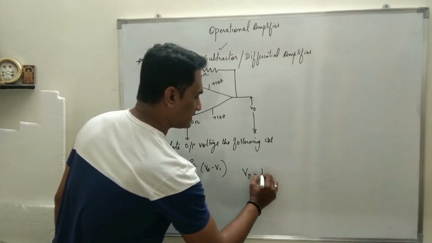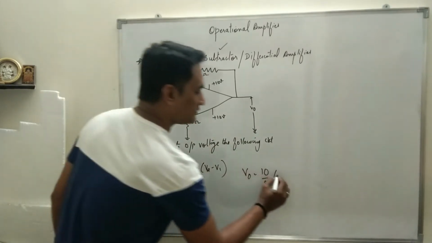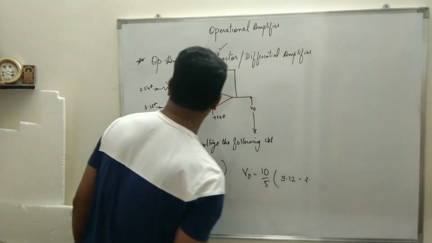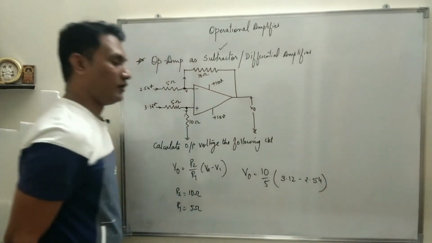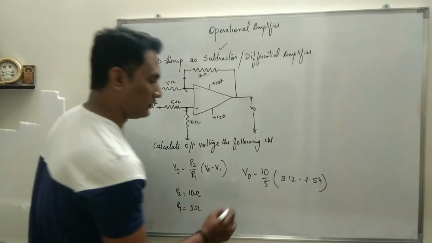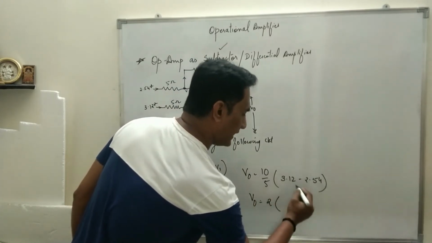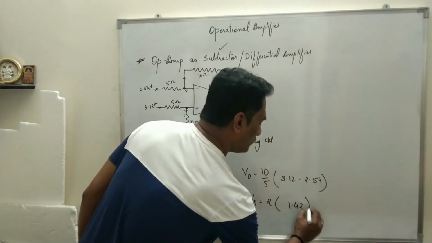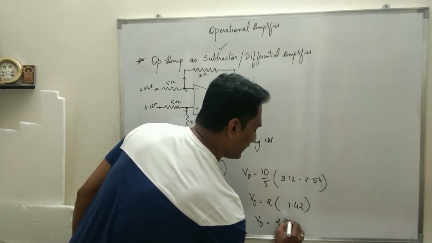So V0 is 10 upon 5, times V2 minus V1. V2 is 3.12 minus 2.54. So V0 is 2 multiplied by this value, 1.42, so V0 will be 2.84